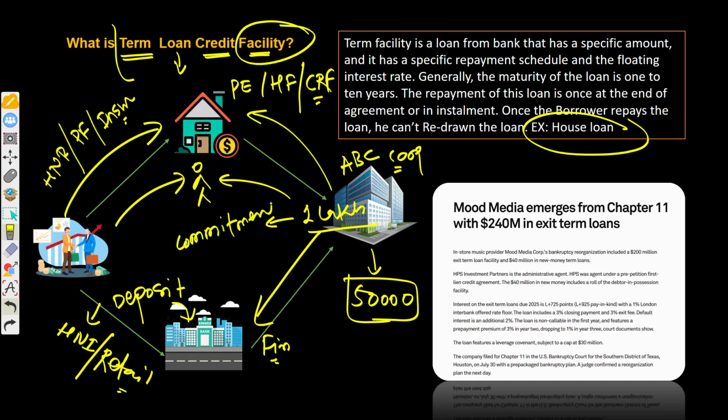Commitment means it's a facility. It's like a credit card total limit, you can say. Right? For example, let's take the credit card. Let's say your credit card limit is 1 lakh, but you have only utilized 50,000. Then do you pay interest on 1 lakh or only 50,000? Of course, 50,000, because 50,000 is your used amount, right? Used amount. So we pay interest only on the used amount. That's all. So here your term loan credit facility features would be, it's like a corporate credit card, but you would see that the facility works in a very different way,